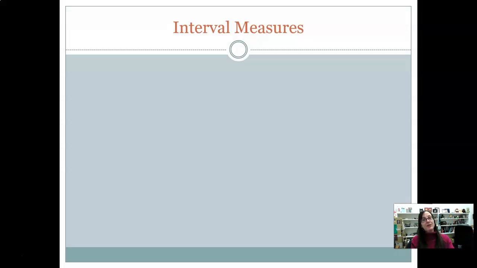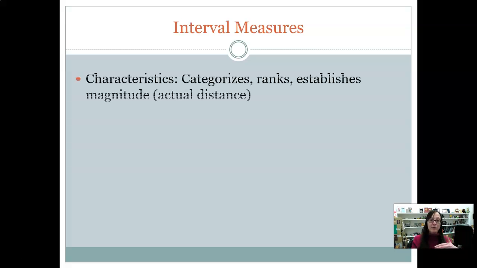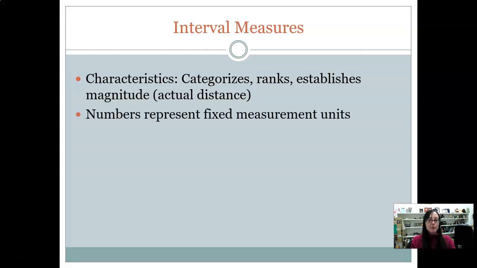So then we're moving up to interval level measures. Interval level measures are going to have everything from nominal and ordinal. So they're going to categorize, they're going to rank, but now the distance means something. It establishes that magnitude. So there's a real distance between those measures now. And those numbers represent some kind of fixed measurement unit. So we can say